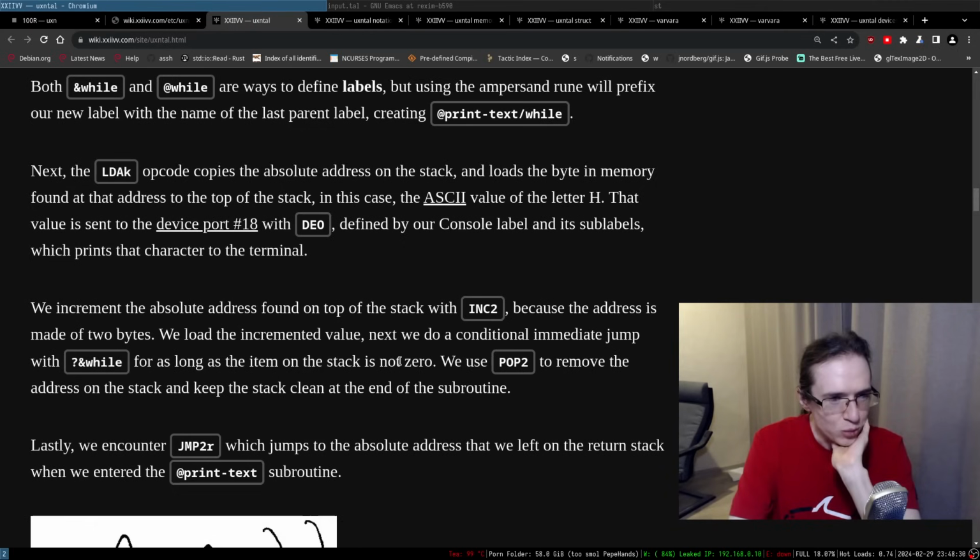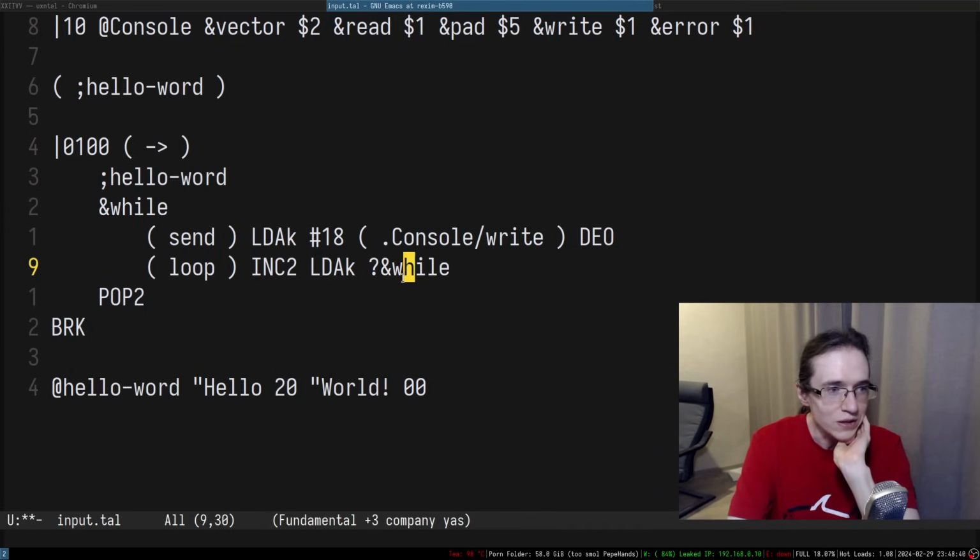We load the incremented value next. Next we do a conditional immediate jump with this. For as long as the item on the stack is non-zero, we use pop2 to remove the address on the stack and keep the stack clean at the end of the subroutine. That doesn't make any sense. What?